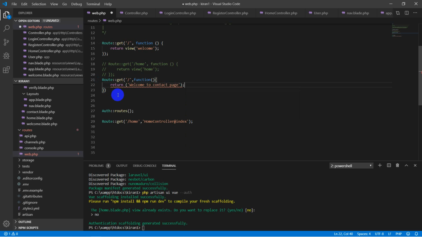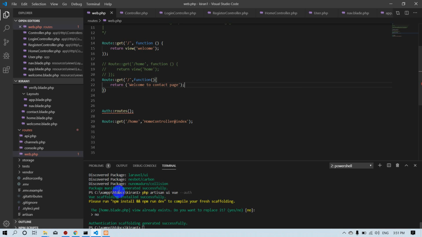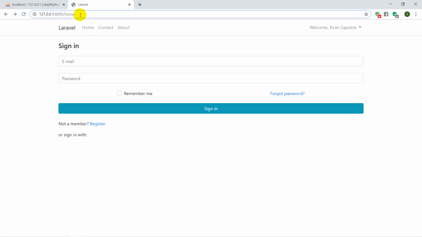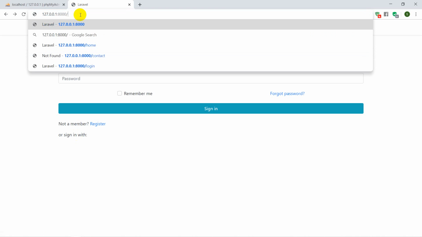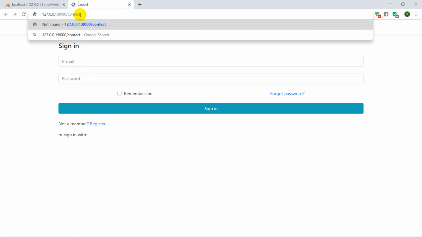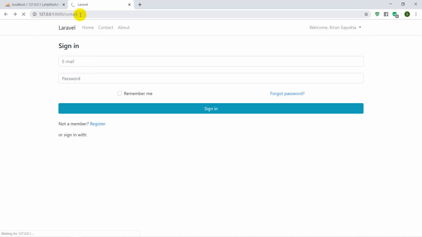And the output of this program is 127.0.0.1:8000 and slash contact, and now we can view this.